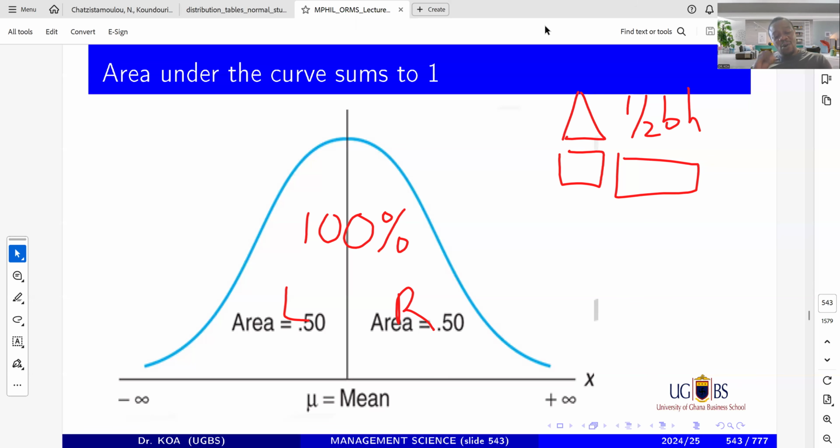But what we are going to do here is that I know the half is 50%, the other half is 50%. But what if I want just this portion here? Just this very portion I've just shaded right now. What is that area? Aha! That one, you know that that is part of the 50%. And that's the essence of what we are going to do.